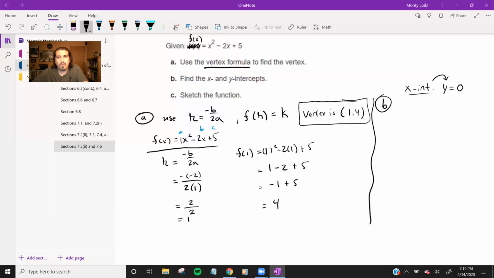Okay, so plug this in, right? We're looking at our function, so we have f of x is equal to x squared minus 2x plus 5. Remember that y and f of x mean the same thing, right? F of x is just saying this is your output, which is the same thing that y is saying. So what we have here is 0 is equal to x squared minus 2x plus 5. We're plugging in 0 here. Now we need to factor this,